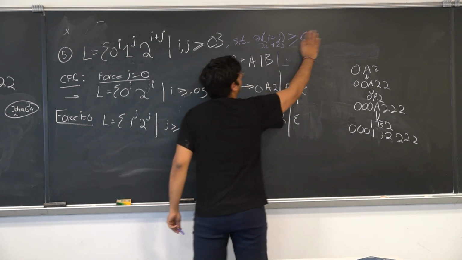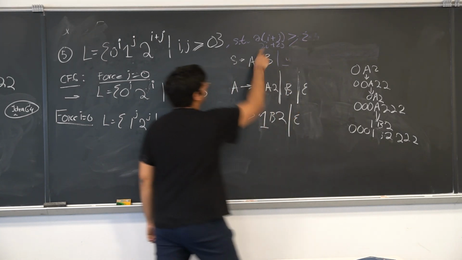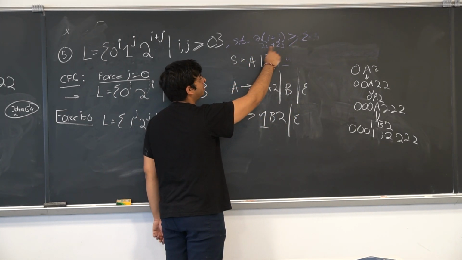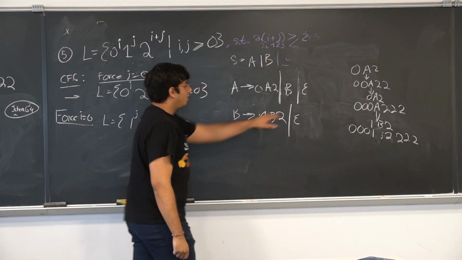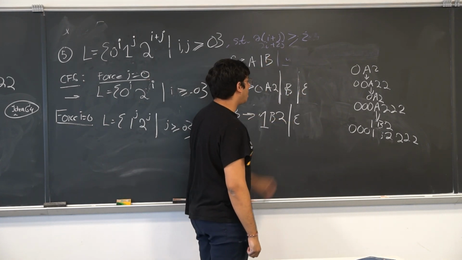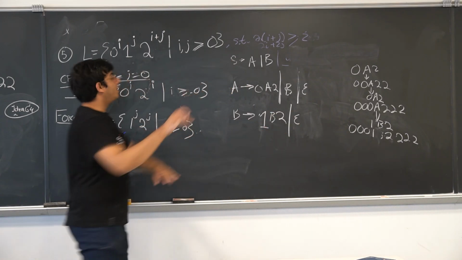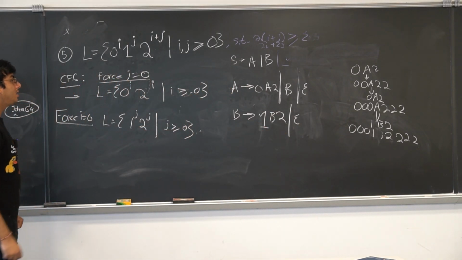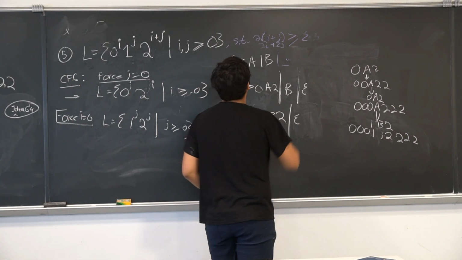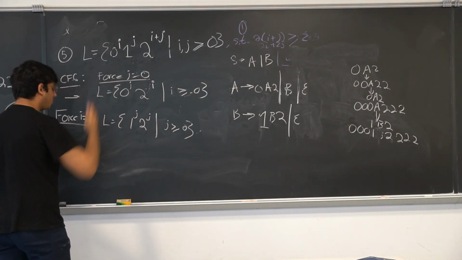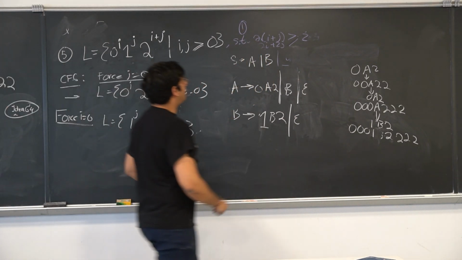Let's say I said bigger than or equal to 2. The only way for this to be less than or equal to 2 is if this is 0. So if I wanted at least odd length strings, I would remove epsilon and replace it with another character. I'm not going to dwell on that too much, but it was a thought exercise. So this is idea number 1: I've said I want strings bigger than this fixed constant, still context-free. Now idea 2,